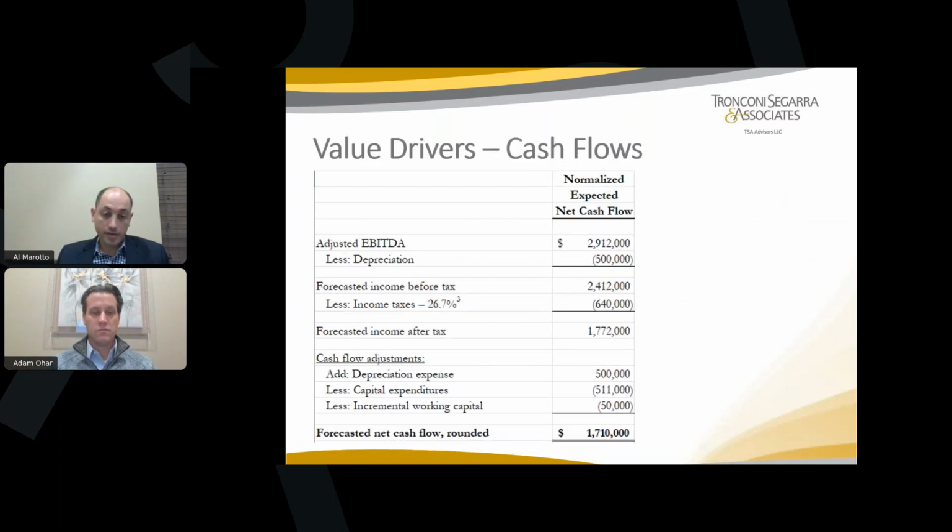And then once we get to the adjusted EBITDA, like I said, cash is king. We get down to a cash flow amount that we project by pulling out taxes based on that adjusted EBITDA figure, restating depreciation expense and capital expenditures to get the true cash outflow for capital expenditures, and also incorporating an incremental working capital figure to get to forecasted net cash flow. So that's one third of the formula. A lot of inputs, a lot of analysis goes into that, and like Adam said, it's one of the biggest value drivers.